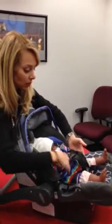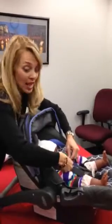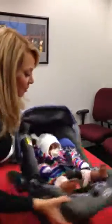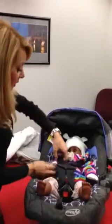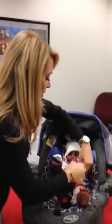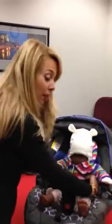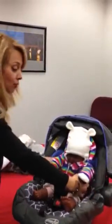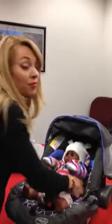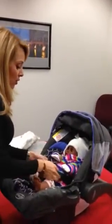So with this lighter weight coat, definitely doesn't pass that pinch test, as we call it. And in fact, there's so much room between the child and the harness that I could probably take this baby, take her arms, take her right out of the seat without even unbuckling her. So in a high impact crash, the child could definitely be ejected from the vehicle, and this is very unsafe. So we're going to go ahead, put the child back in